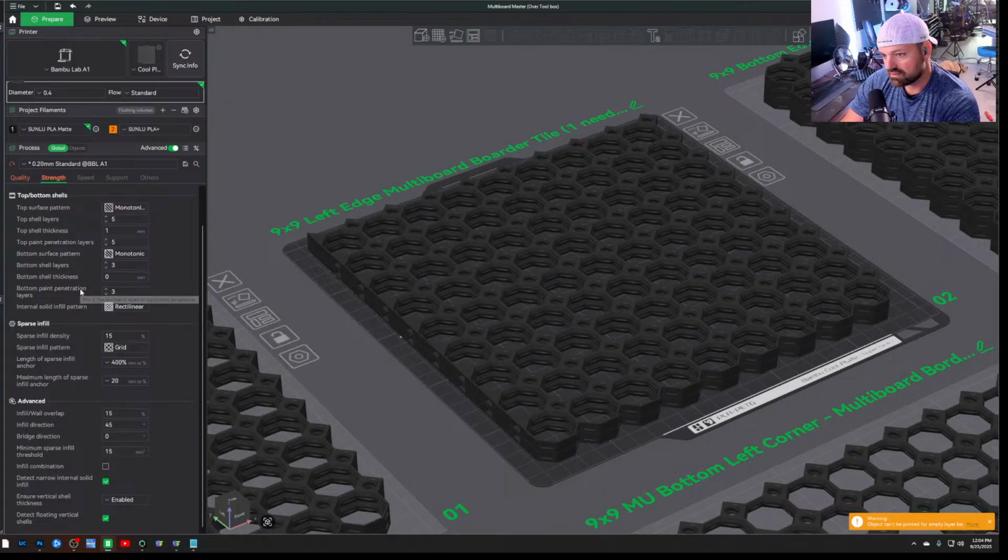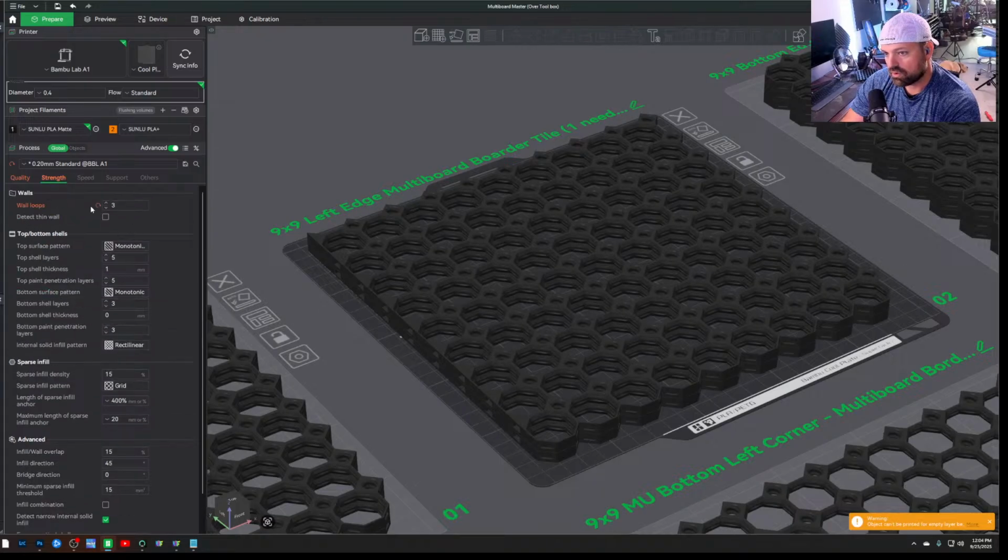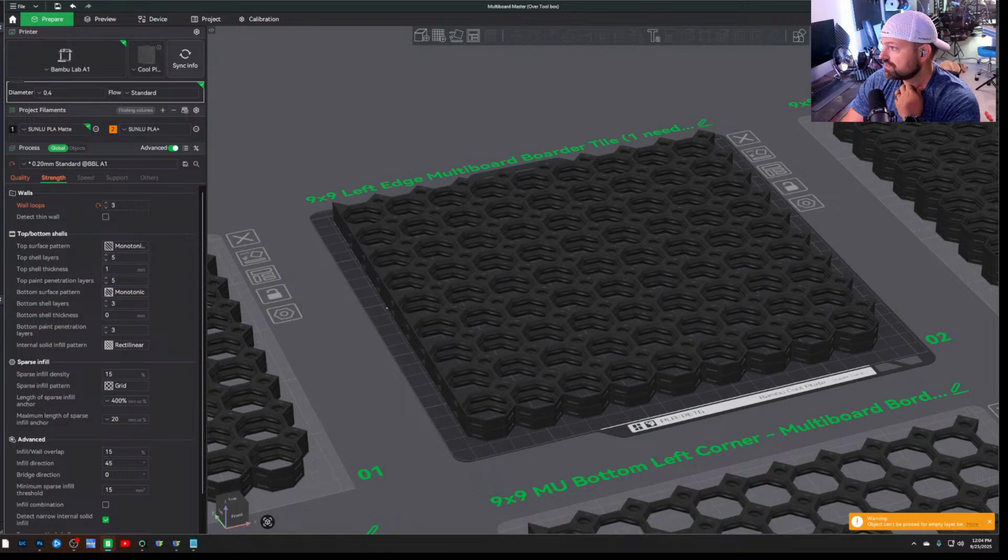Next thing in your strength, you want to go to wall loops. You want to change that to 3. This is coming straight from the multi-board guys. This is how they say that you want to print these. And then when you go to slice this plate,